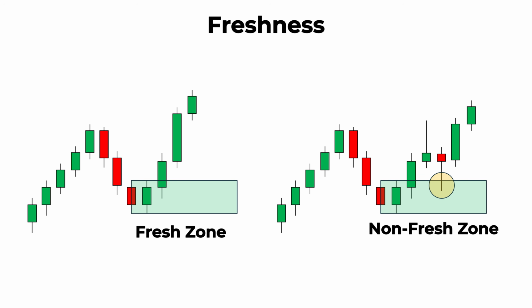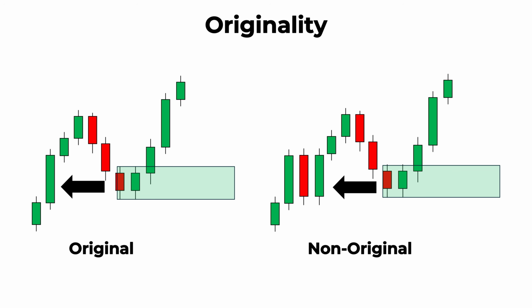Another qualifier is the concept of originality. An original zone is created out of a drop or rally, meaning that it's not a response to a previous base. This represents an initiative movement on the part of the composite operator rather than a reactionary one. Non-original zones are a response to a previous base. Original zones theoretically have a higher probability of working because they represent the active participation of the composite operator in